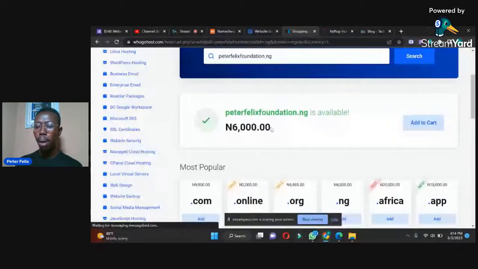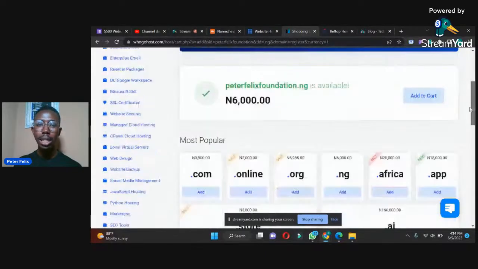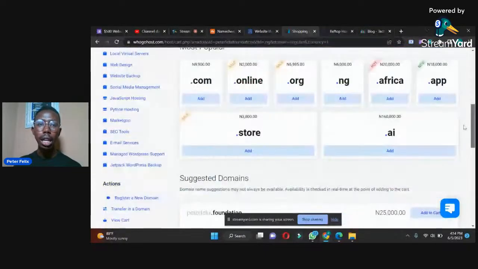Right? Please, this part is very important. You have to know how to buy, as a web designer, you have to know how to buy domain names and hosting space. This is where you will make your cool cash, because every year clients tend to renew their domain name and hosting space. You have to learn this, how to buy it. Now, this is just the domain we are dealing with. If I want to buy this same domain,